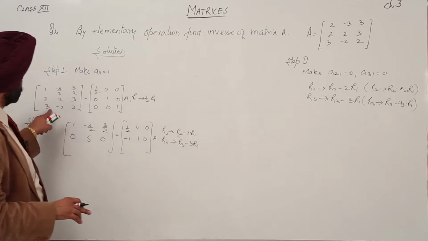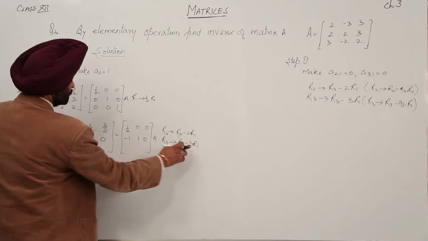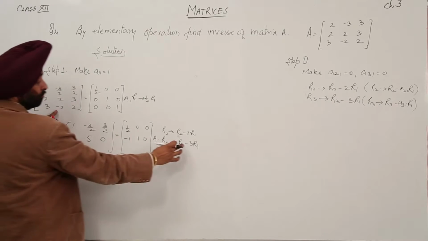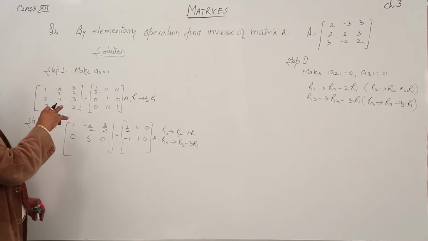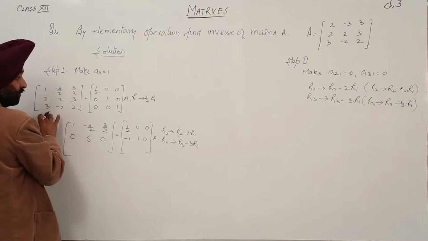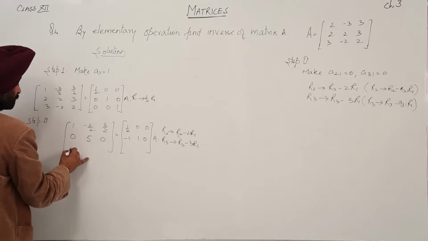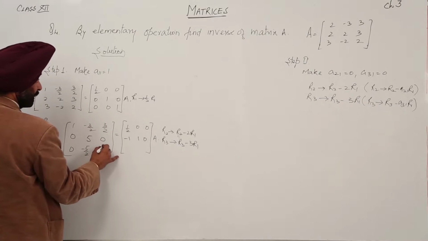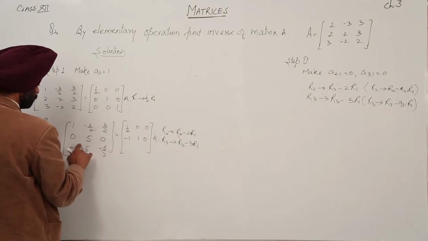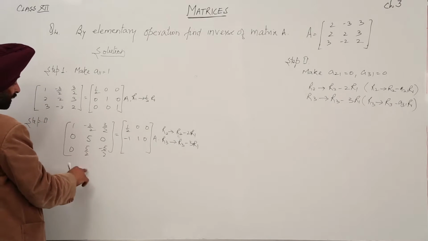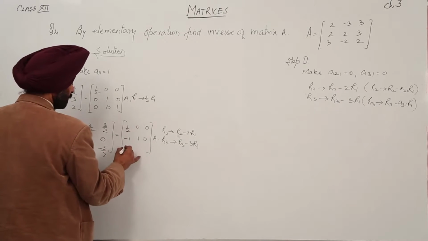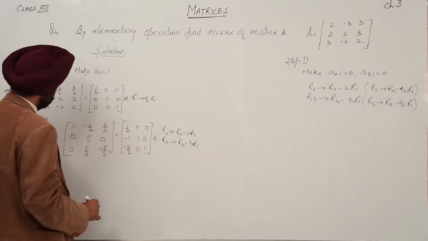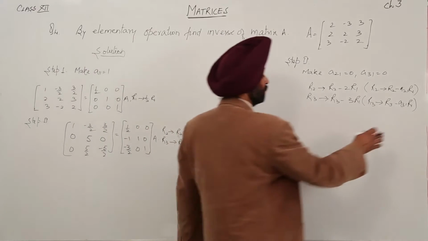Now for step number 3. Now 3 minus 3 times 1, minus 2 minus 3 times minus 3 by 2. Similarly, we have to apply for both the sides. We are getting 0, minus 5 by 2, minus 5 by 2. Here it is plus 0, 5 by 2, minus 5 by 2 and minus 3 by 2, 0 and 1. Okay, we are getting this as step 2. Now for step 3.